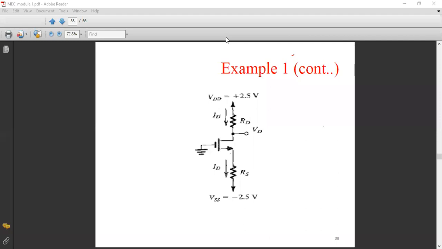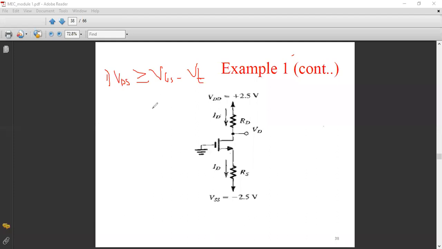But whenever a MOSFET circuit is concerned, we have two equations for drain current. One is for the saturation region and another is for the triode region. So you have to identify the region of operation, in which region this MOSFET is working, and based upon that, you have to write the equation. So the condition that you're going to check now is whether VDS is greater than or equal to VGS minus VT. Okay. What is the condition that you're going to verify? VDS is greater than or equal to VGS minus VT.